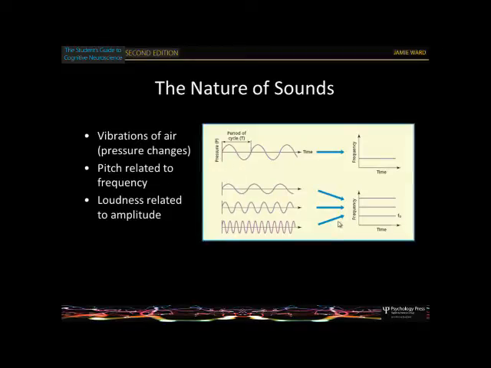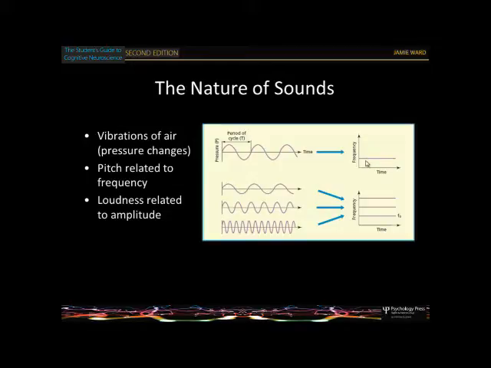So here, this is high pitch. It's where things vibrate very fast, if you will. The frequency there is how frequently the pressure changes. And loudness is related to the amplitude, so how big these cycles are. So a loud sound will oscillate like this, if you will. And a high frequency loud sound will oscillate like this really fast. Okay? So this is how it works. And when you've got a simple oscillation like this, it's what's called a pure tone.